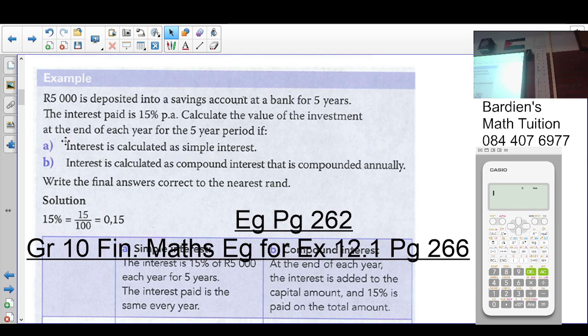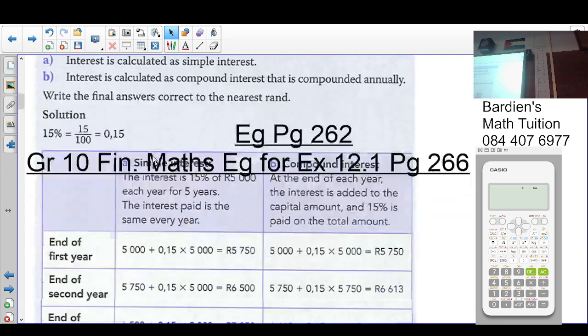We are told 5,000 rand is deposited into a savings account at the bank for 5 years. The interest rate is 15% per annum. Calculate the value of the investment at the end of each year for the 5-year period if interest is calculated as simple interest. So if you're looking at simple interest, what we did was